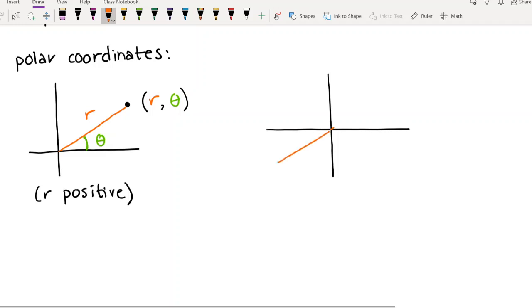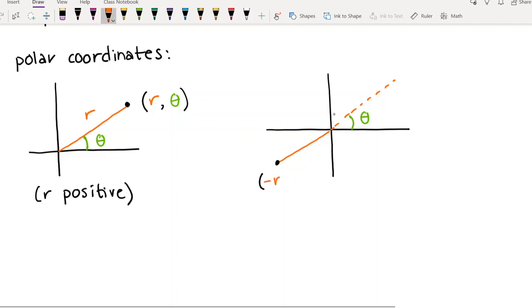So if this was your angle theta, but your r was a negative number, then that would mean that instead of going in this direction, in the positive direction, you would go in the opposite direction. So this would be the point